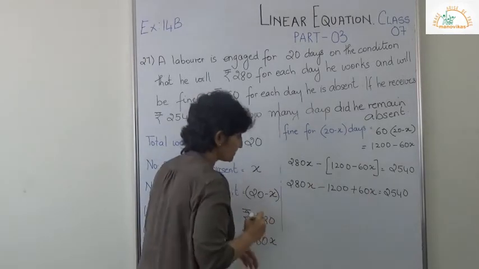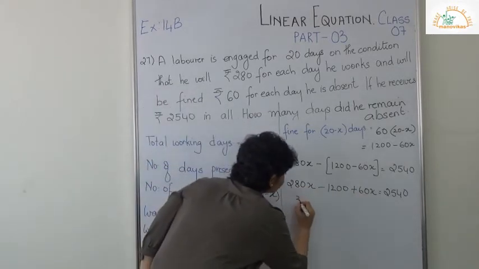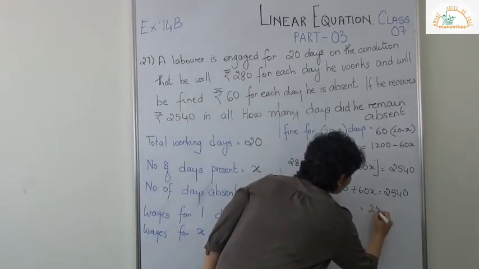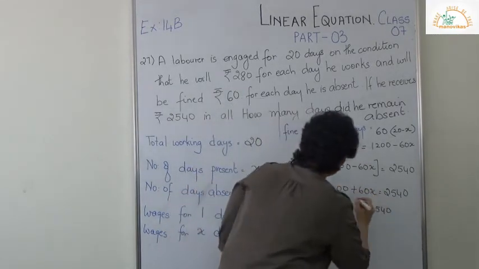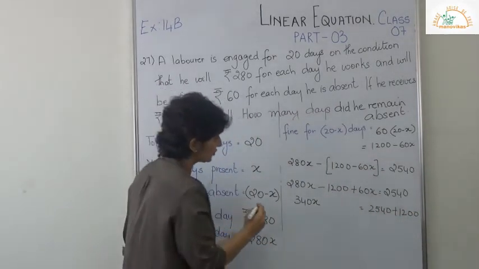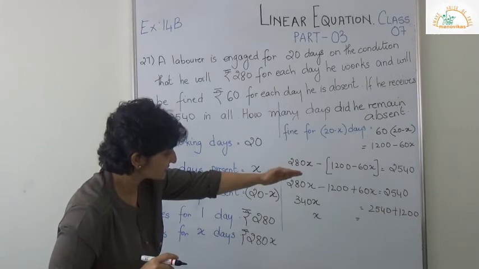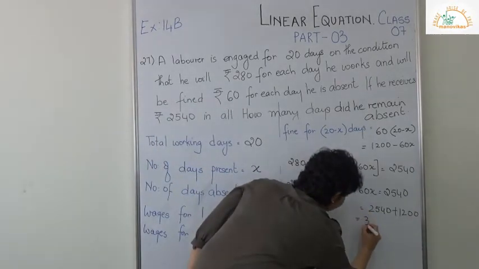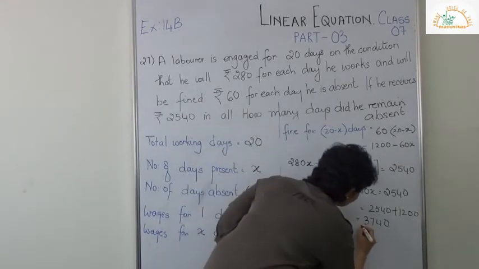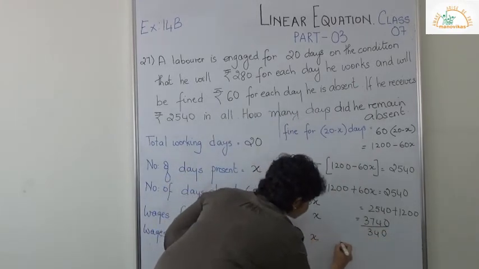Now, let's bring the like terms together. 280 plus 60 would give me 340x, which is equal to 2540, minus will become plus 1200. Clear children? So, when I add 2540 plus 1200, I will get 3740. Now, when I bring 340 here, it will become x is equal to